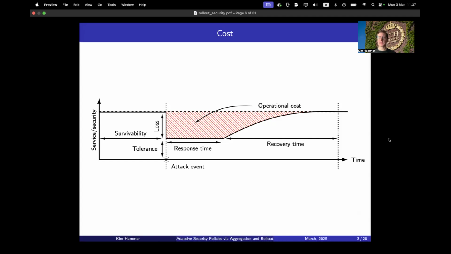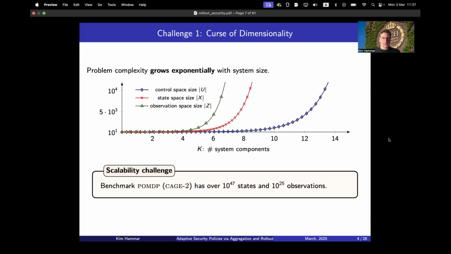And while this problem can be formulated as a regular finite POMDP, it has a few characteristics that makes it very challenging and also quite interesting. And the first characteristic is the sheer scale of the problem, where these type of systems typically consist of many components, each of which can be in different states and have different controls. And therefore, we run into this combinatorial explosion where the complexity of the problem grows exponentially with the